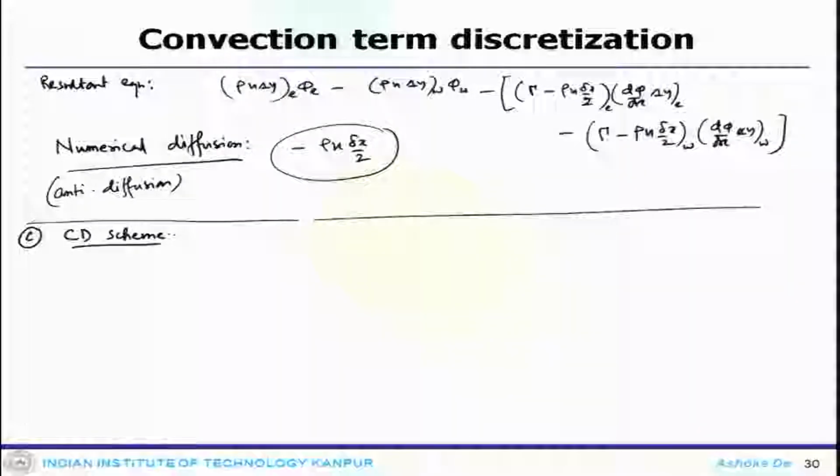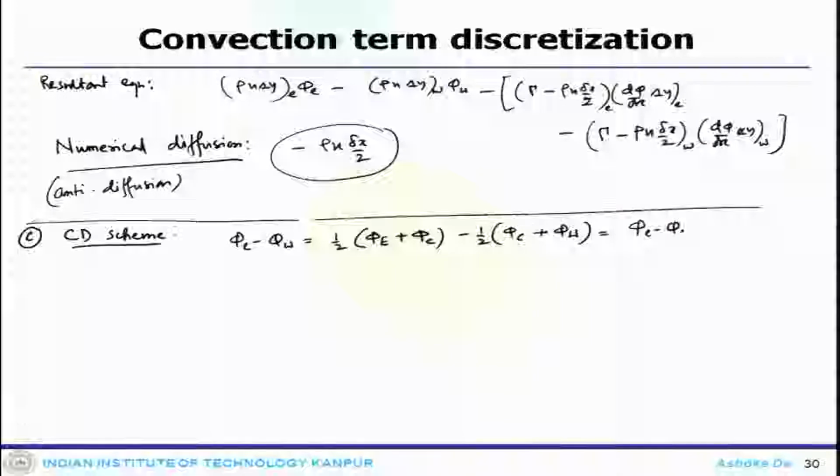So, what one can introduce in the calculation, let us say we have phi e minus phi w, which is nothing but half of phi e plus phi c minus half of phi c plus phi w, which is phi e minus phi w plus the truncation error. So, this is the exact term,